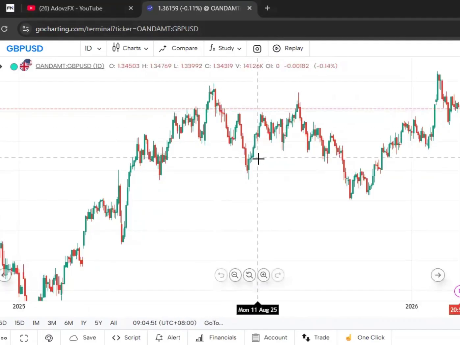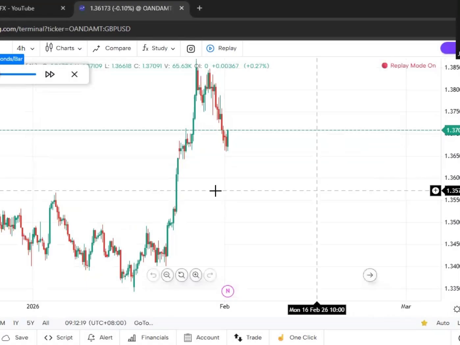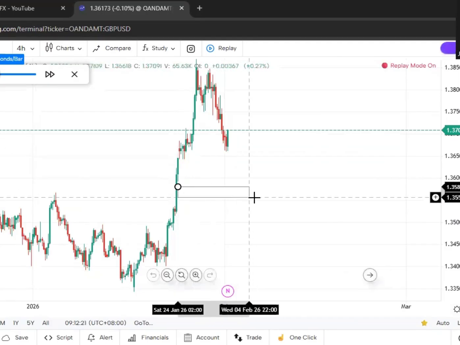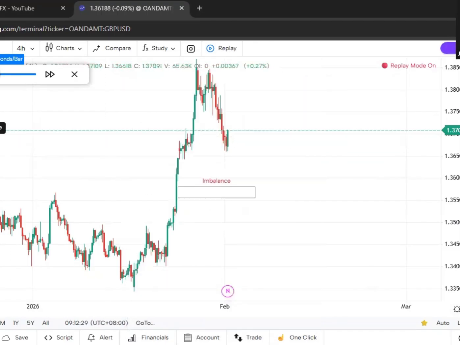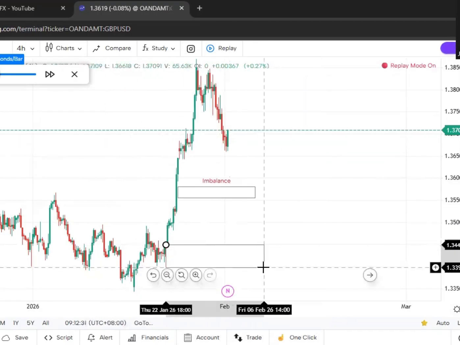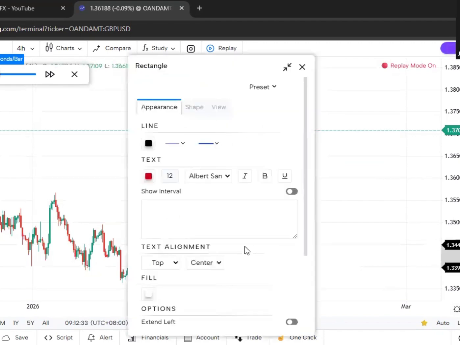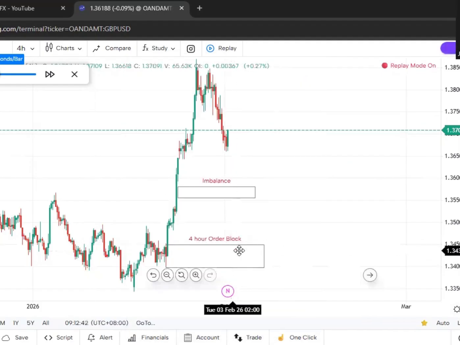Okay, let's go to the 4-hour time frame. In here, as you can see, there is a big imbalance, which the market might react to in the future. Let me mark this real quick. And below this imbalance is the 4-hour order block. This is the start of the push and momentum of the market. As a smart money trader, we know that this OB is what we call the sell to buy candle. In the future, we can set our buy orders in here as the market will surely react into this area.